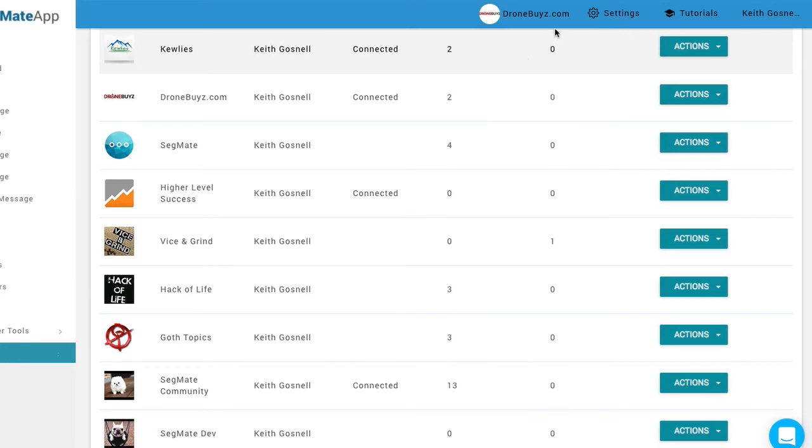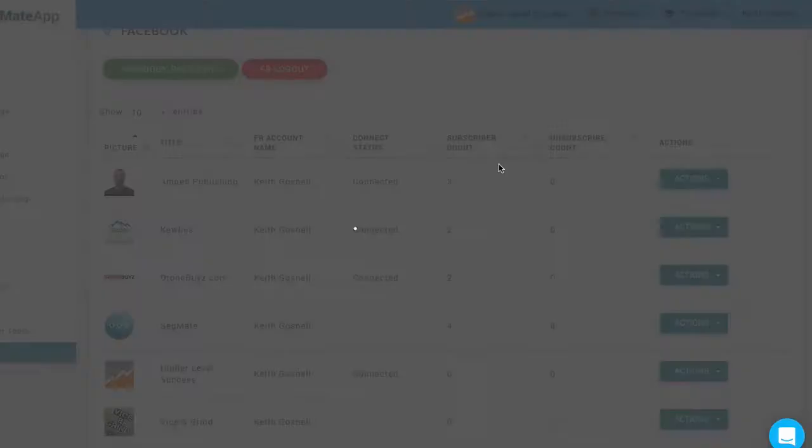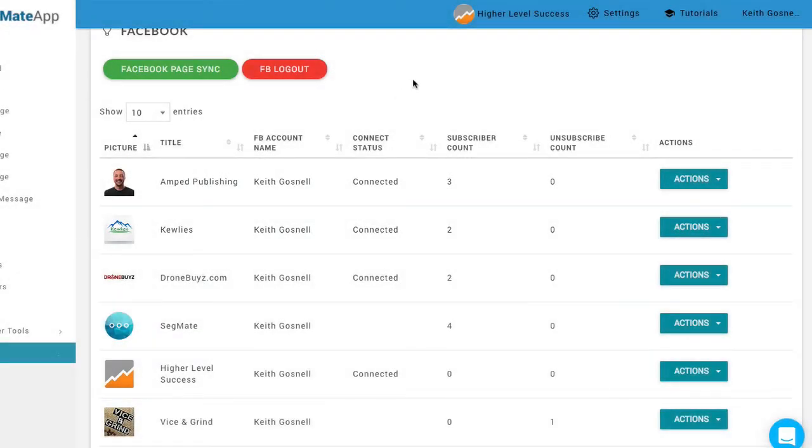In order to manage any of your pages, you need to select it. So I could select this one, and at this point, when I'm doing any of my features, it's all connected to whichever fan page I have selected here. Now, in the case of something that is connected, your actions look a little different. You can disconnect the page. If you disconnect the page, then any bots or features that you have set up will no longer be sent to that particular page because you've disconnected it